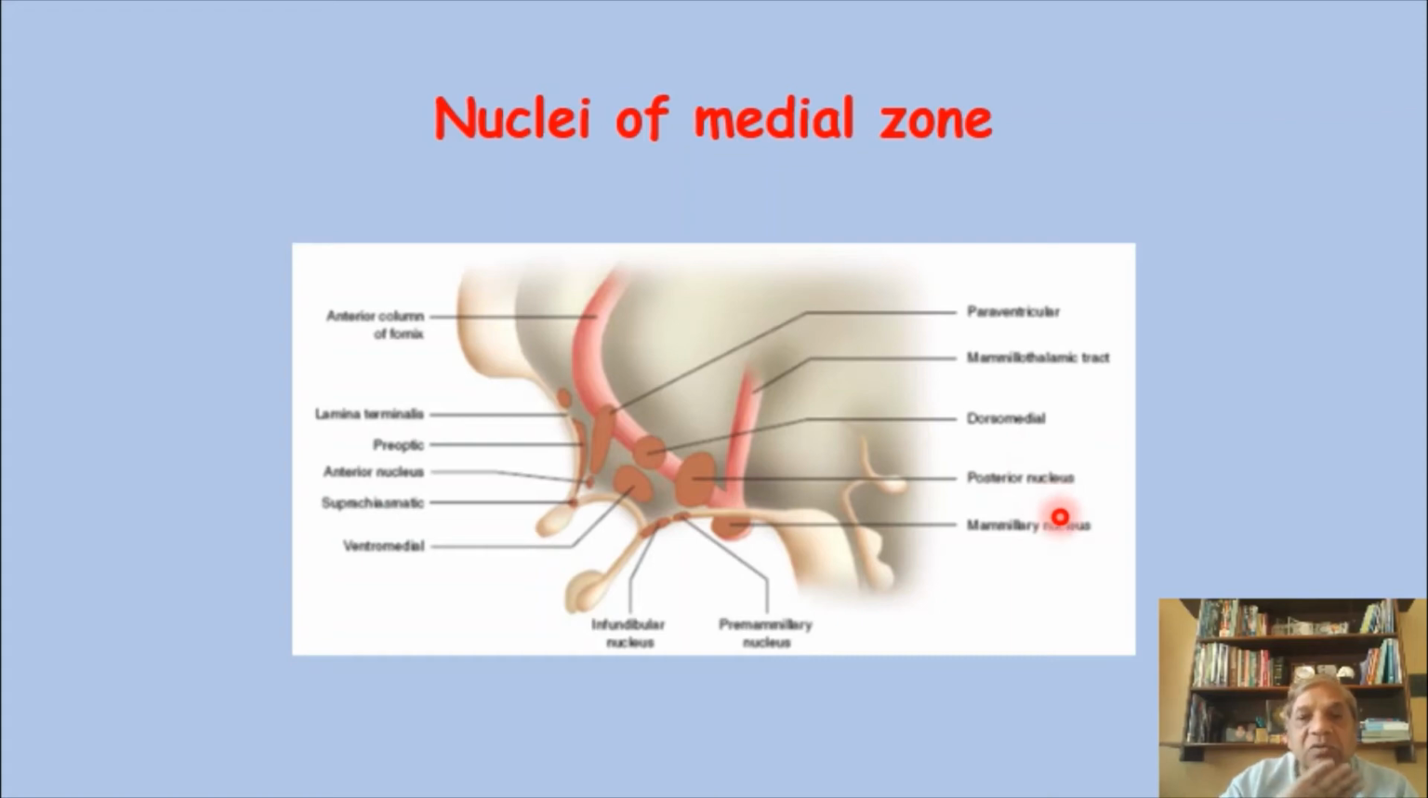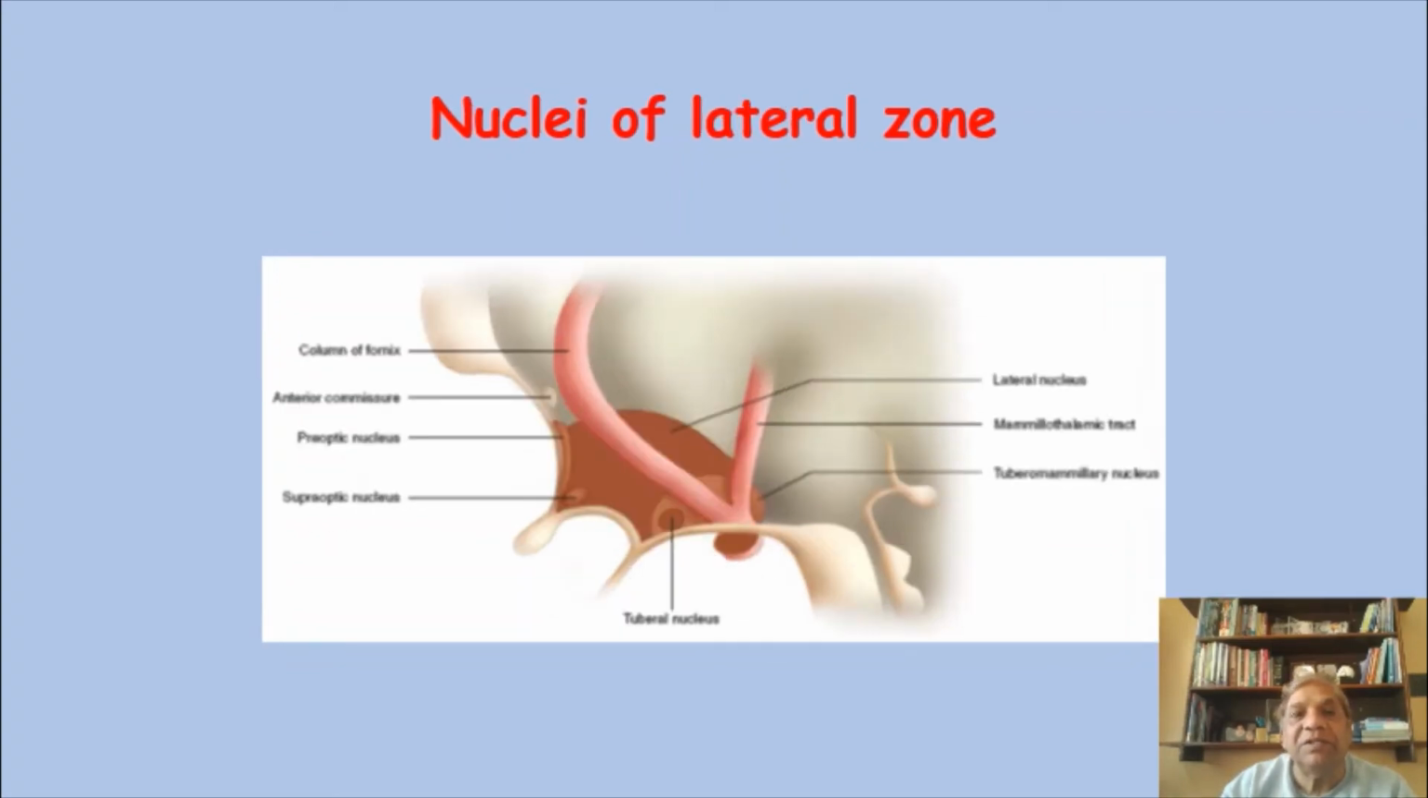Now we will go to the lateral. From medial to lateral, we will see the nuclei which are present deep to this anterior column of fornix and the mammillothalamic tract. Now see, the medial nuclei, superficial to this mammillothalamic tract and the column of fornix, are removed. So you can see the lateral group of nuclei, or lateral zone, and there is